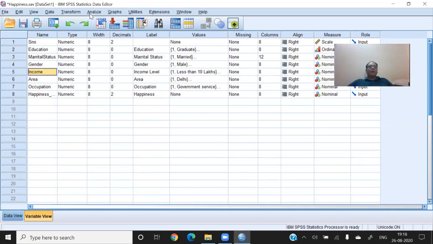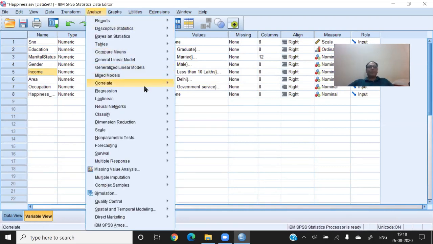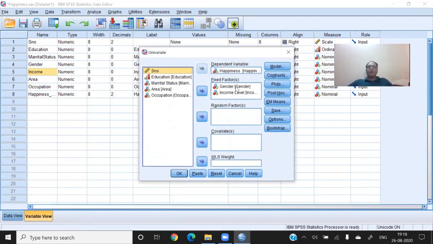Okay, then go to Analyze, GLM, Univariate, and now happiness is my dependent variable. Now I'm removing the gender and taking the marital status, and let me take the marital status and education, let's say.